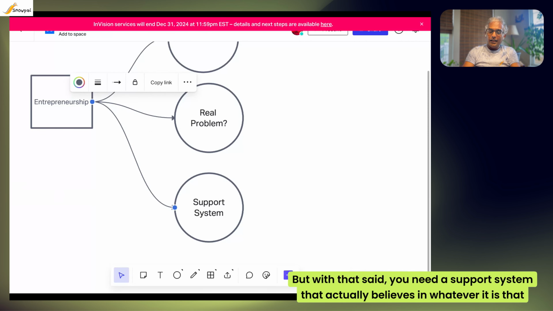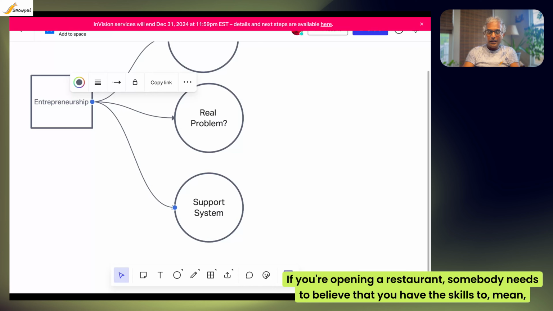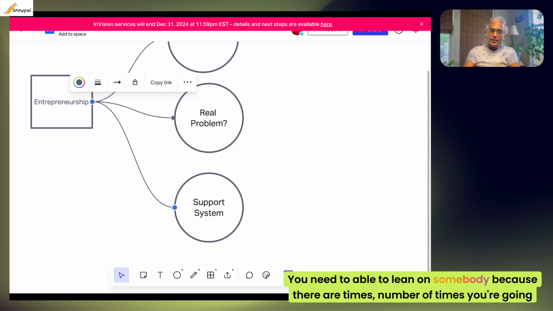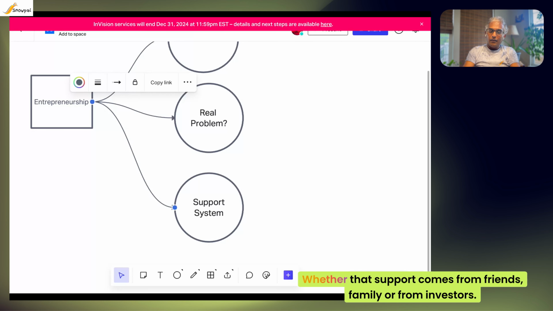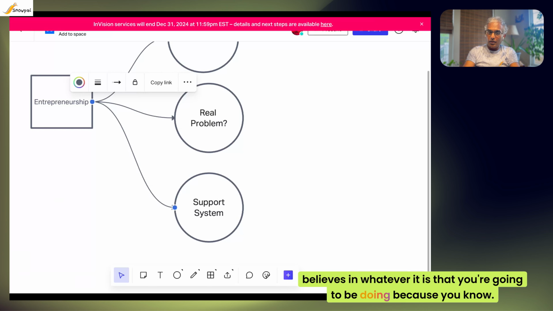But with that said, you need a support system that actually believes in whatever it is that you're setting out to build and solve. If you're opening a restaurant, somebody needs to believe that you have the skills. Again, I don't want to jump the gun, because skills is a different item that I have here. You need to be able to lean on somebody, because there are a number of times you're going to need that support, whether that support comes from friends, family, or from investors. If you're looking for seed money and whatnot, you need somebody who actually believes in whatever it is that you're going to be doing,